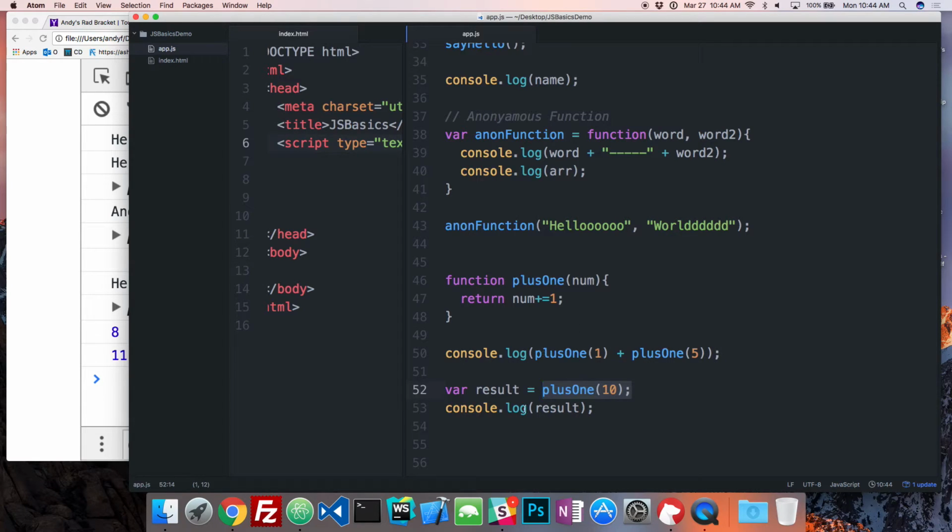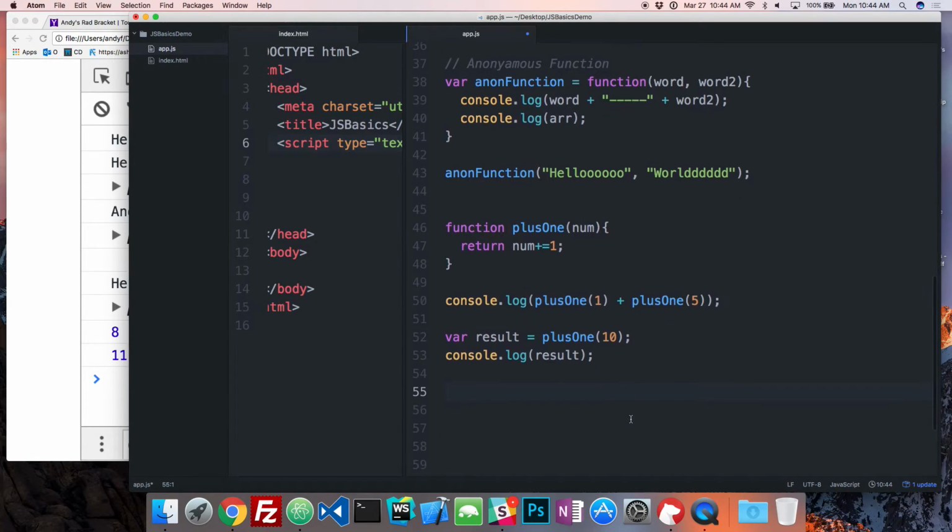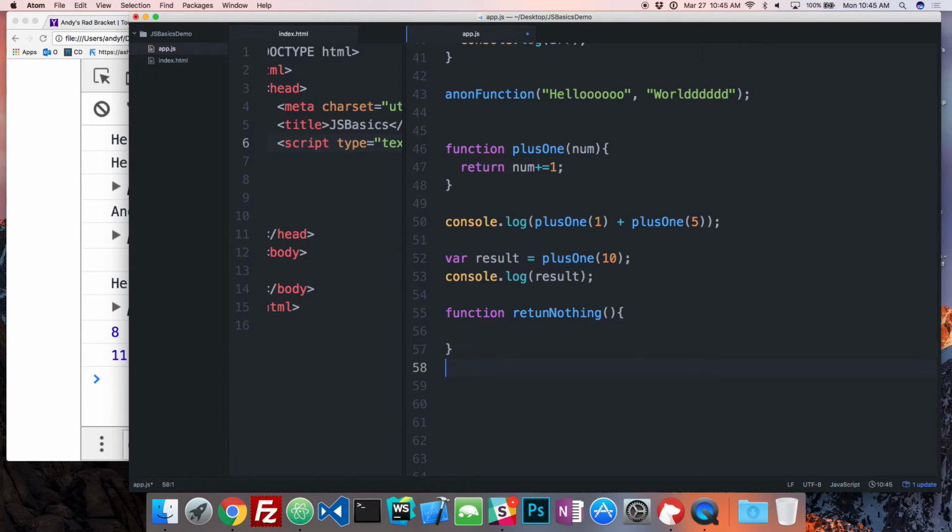Now, it's worthy to note that in JavaScript, let's say I return nothing. If I don't return anything and I console log it, it should return me undefined.